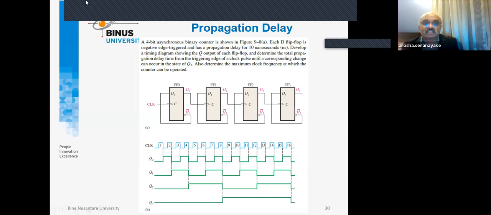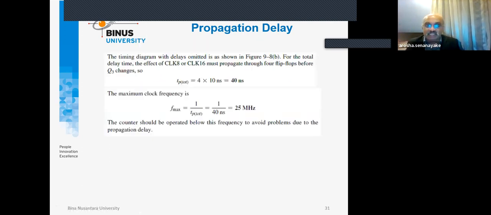Because this exercise is about edge triggered. Edge triggered, you can see, immediately it goes up. But in previous slides, what we learned is that there is a slight delay. So anyway, in case we omit the timing diagram,